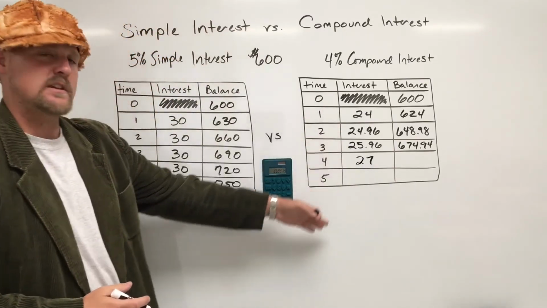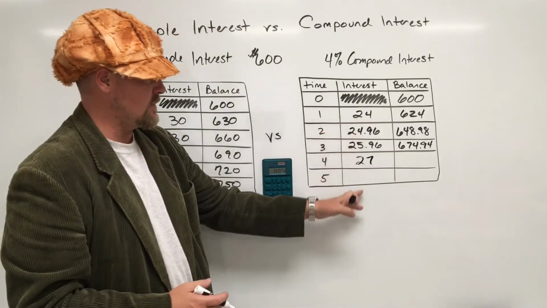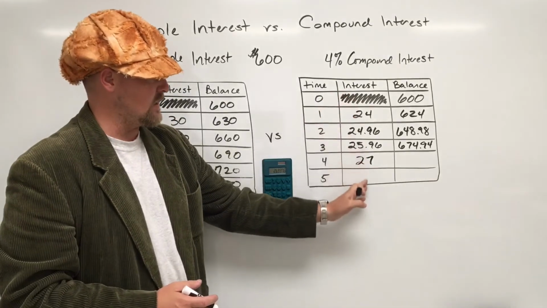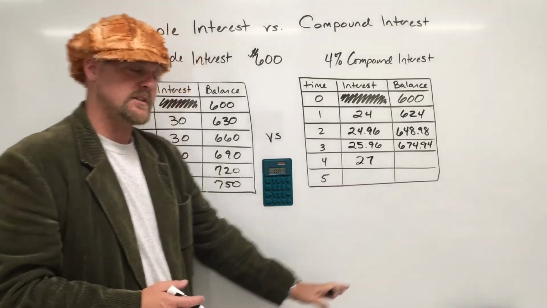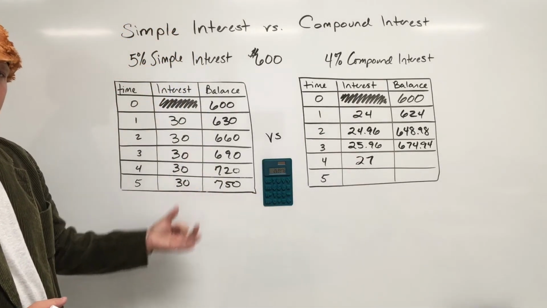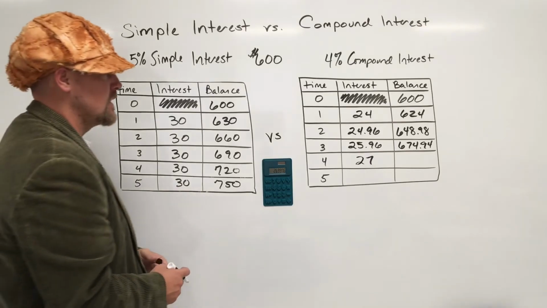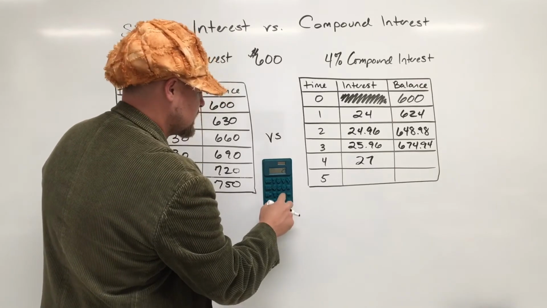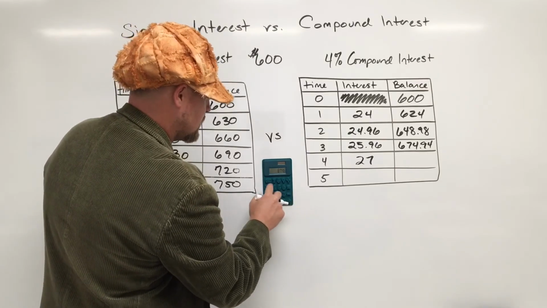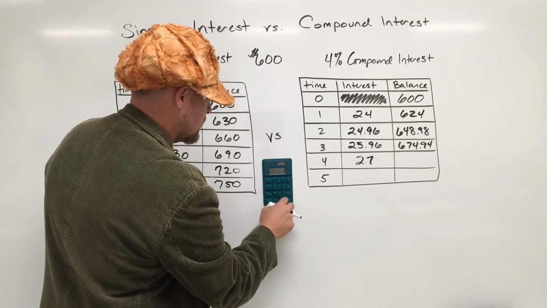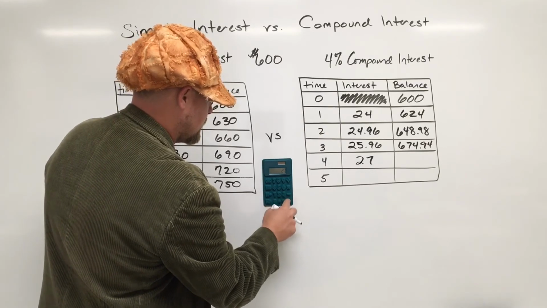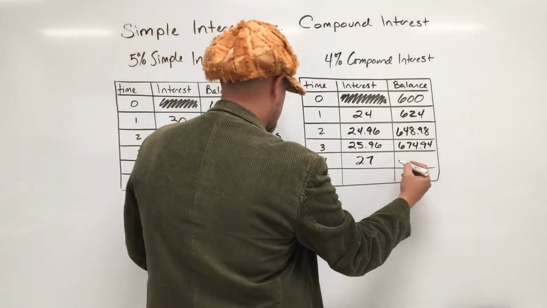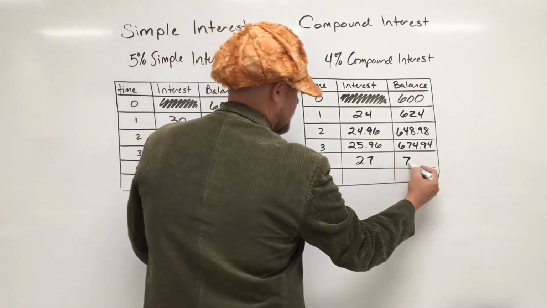Notice how the amount of interest keeps rising. This column keeps rising, whereas this column stays the same. So eventually, this column will become more than $30 of interest and will eventually be a better account for you to earn money. So if I add $27 to 674.94, I get 701.94,